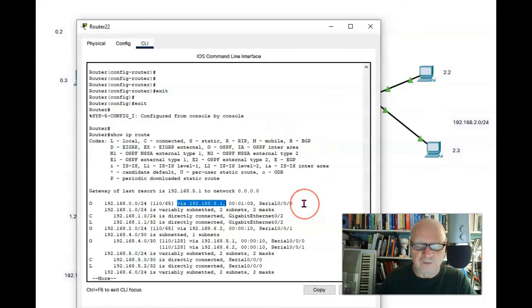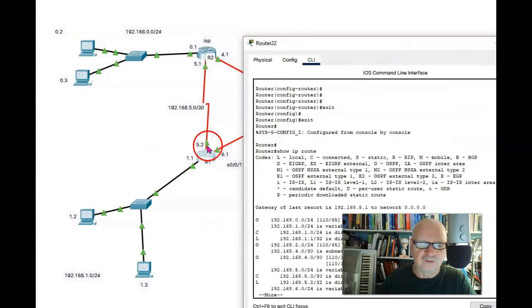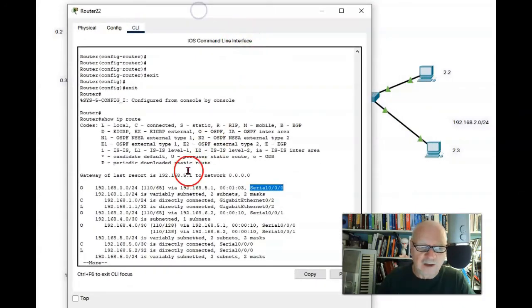And then we have some interesting information. It also tells us what interface that's going to leave, and it's going to leave the S0/0/0 interface. All right, what's this number about? This first number is something we call the administrative distance. Every routing protocol has its own administrative distance, and the more reliable the routing protocol, the lower that administrative distance. Now, you may not know it, but static routes and directly connected routes also have an administrative distance. It's just that it doesn't show it to you.